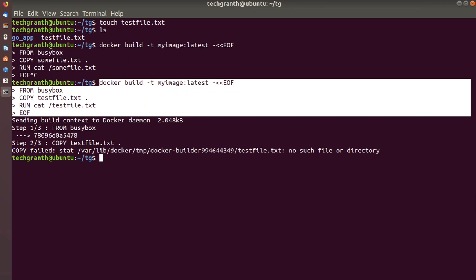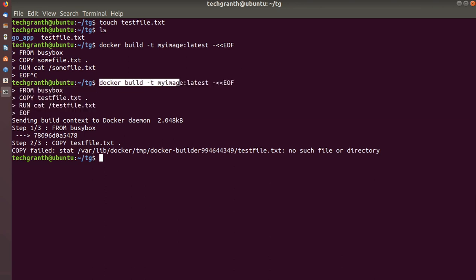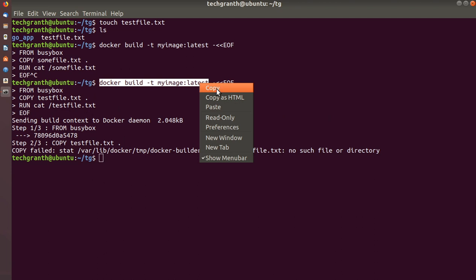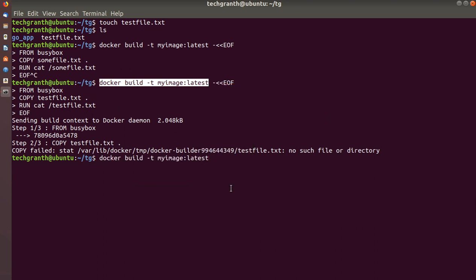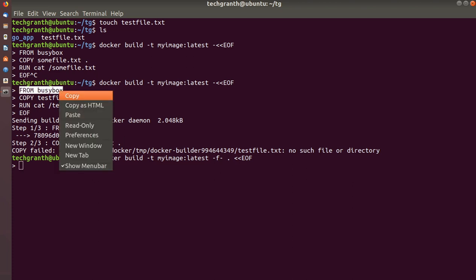So now to resolve that, we will use the same docker build image latest, and now we will use hyphen f. Hyphen f, then hyphen and dot for the build context, and then two less than symbols EOF, same, and then enter, and we'll copy that same contents.